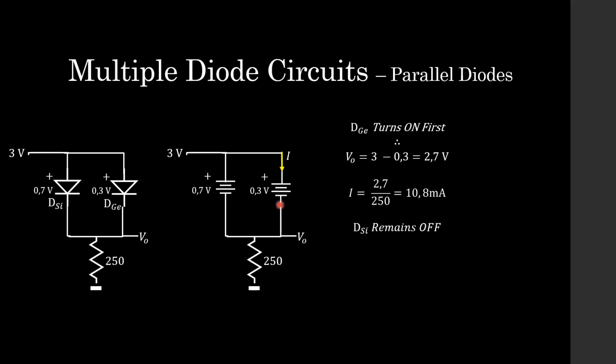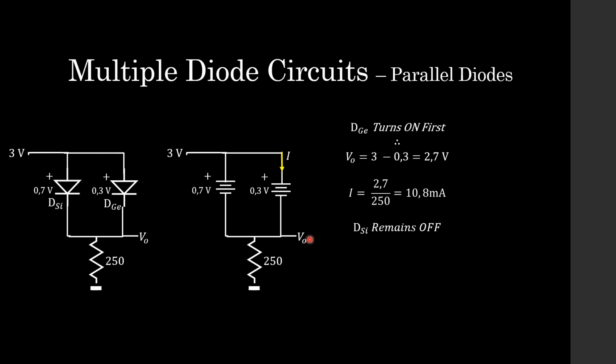But if our germanium diode turns on at 0.3 volts, what's going to happen to our silicon diode? Well, students, the silicon diode isn't actually going to turn on. And that's what happens in the circuit that you see here. So this 0.7 volts that we've replaced our diode here should actually be replaced with an open circuit, because we know that the diode will actually never turn on. So once our germanium diode turns on, and it turns on first,